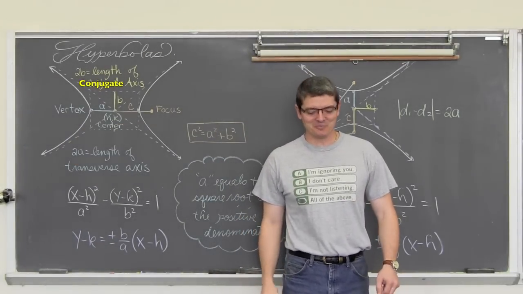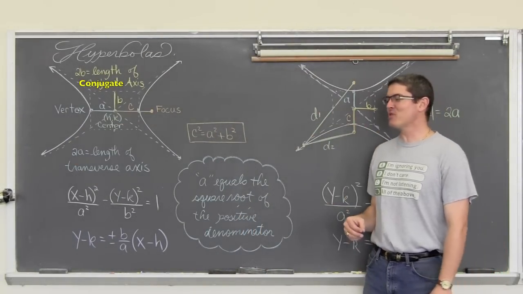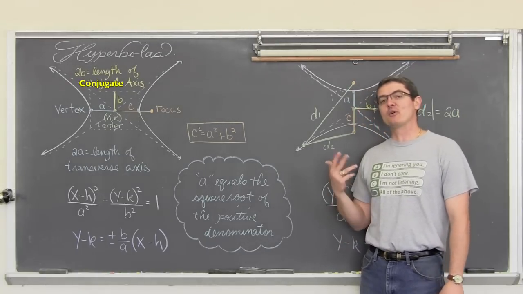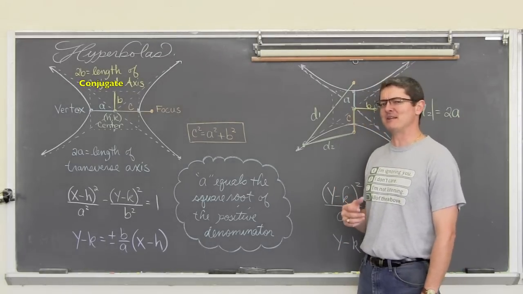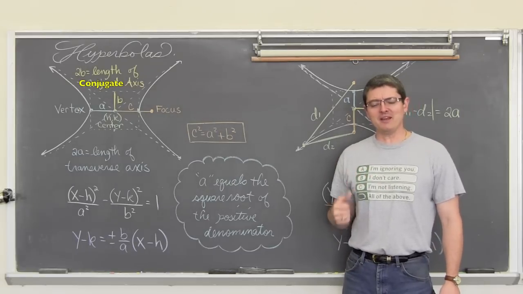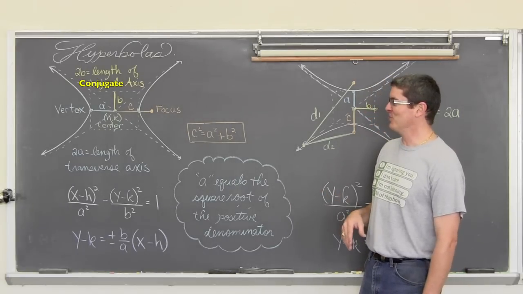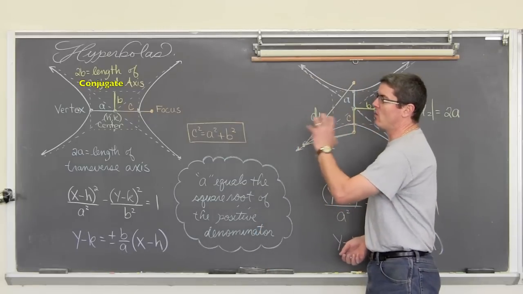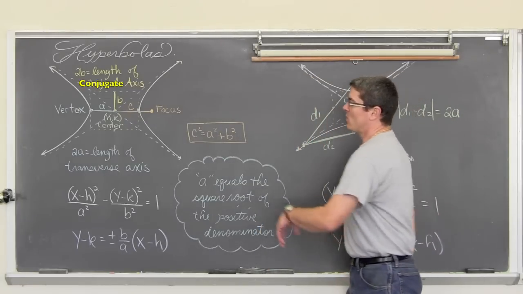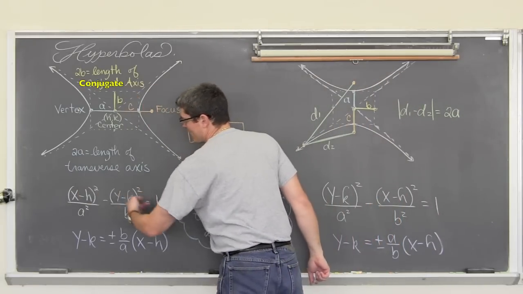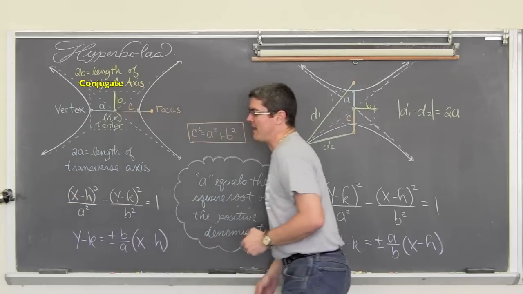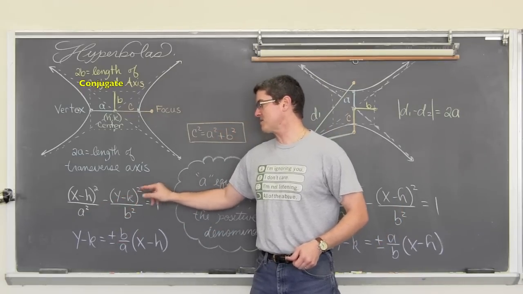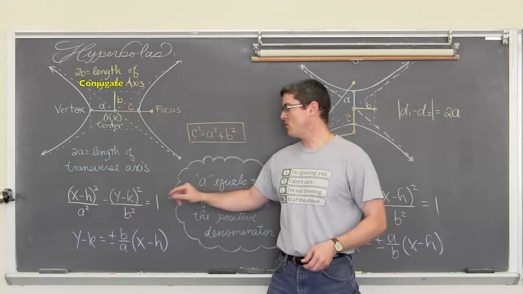I am Mr. True. Take 2 in my portion of this video discussing the basic structure of hyperbolas. And thank you to one of my students for pointing out that I had a little bit of a mental lapse. So even though part B here says I don't care, I do. Let's point our attention first to the horizontal hyperbola. The horizontal hyperbola will have a standard form equation in the form of (x minus h) squared over a squared minus (y minus k) squared over b squared equals 1.